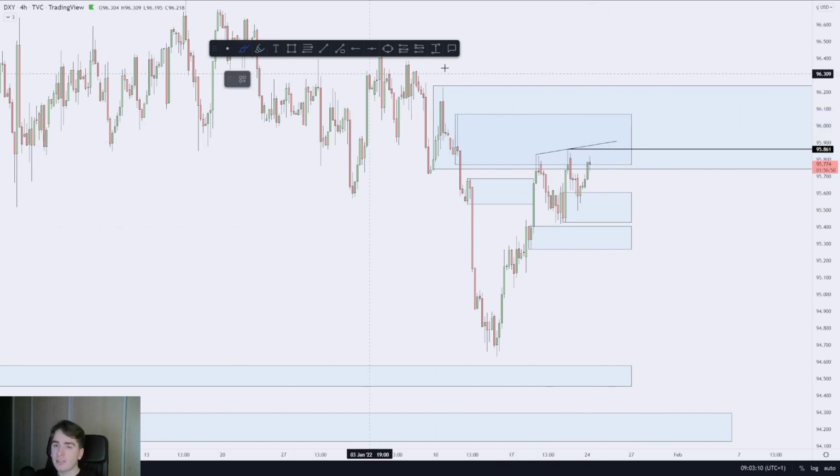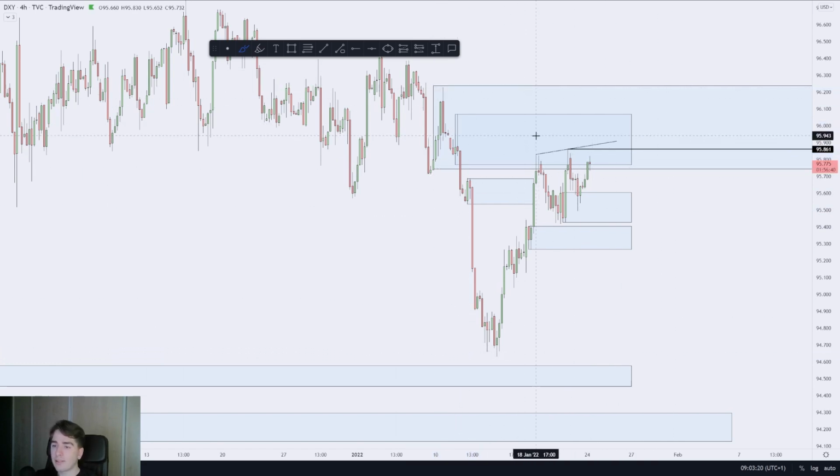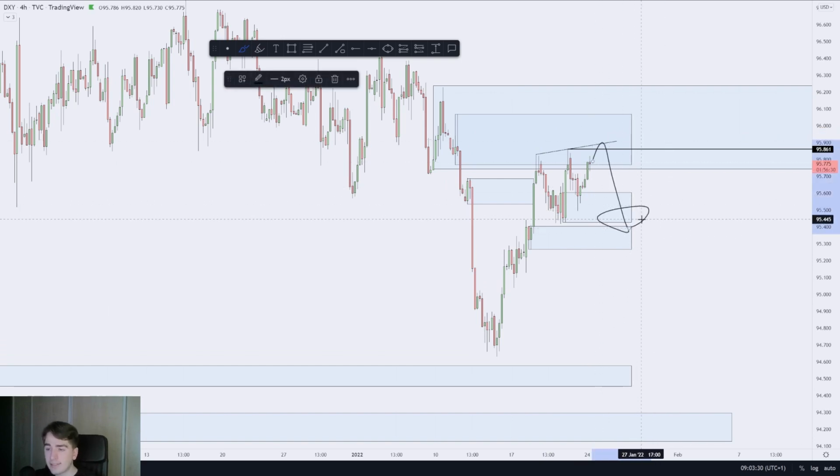What we have to keep in mind is that, okay, well, this kind of wedge formation could play out alongside a fake out on that second high in towards supply alongside a bearish 4 hour. However, what you have to keep in mind is that the more times you pop in towards an area of supply, the weaker that supply zone becomes. And that is kind of why I'm pretty hesitant on this drop on the dollar index.